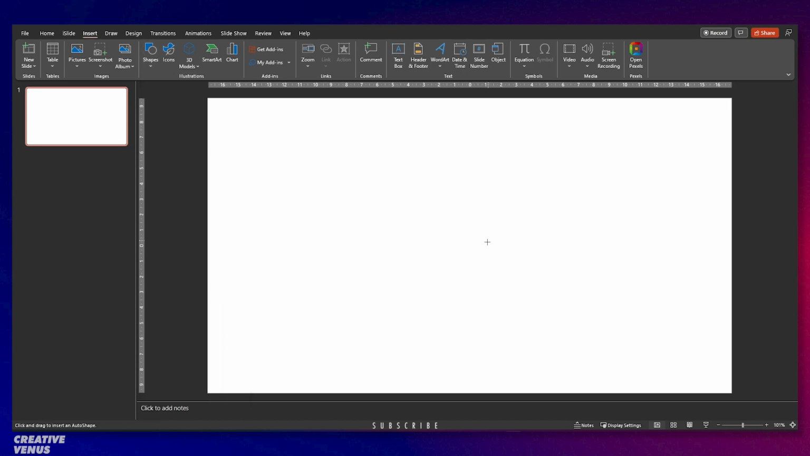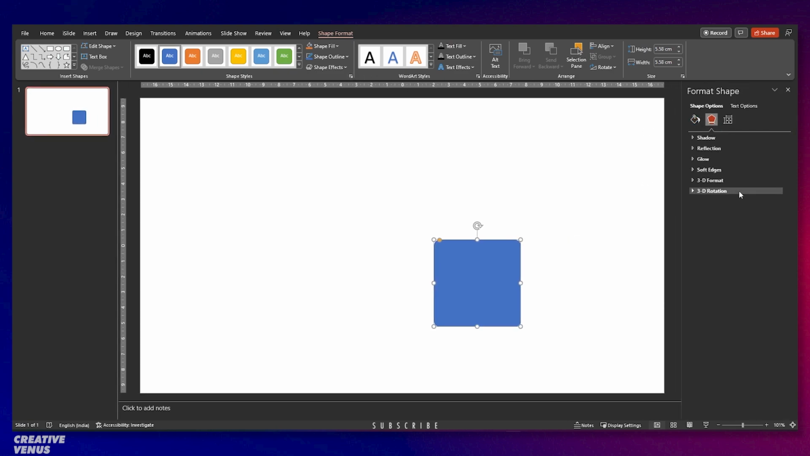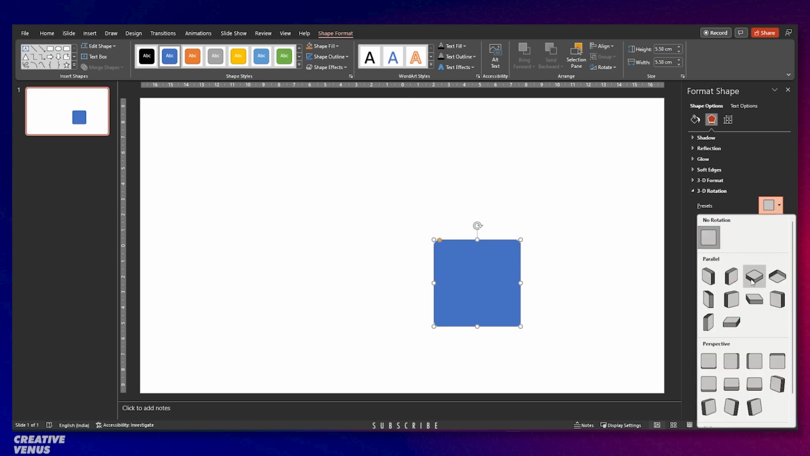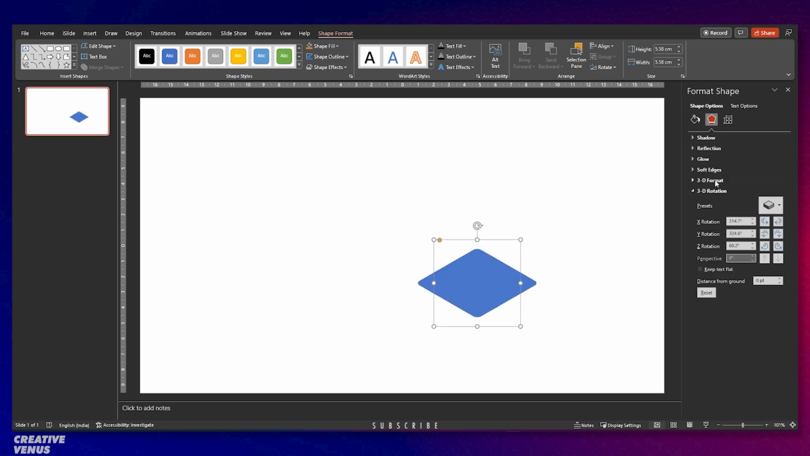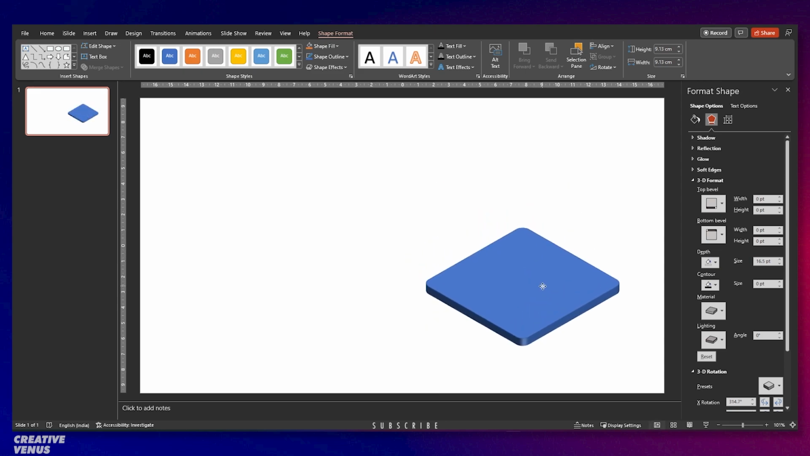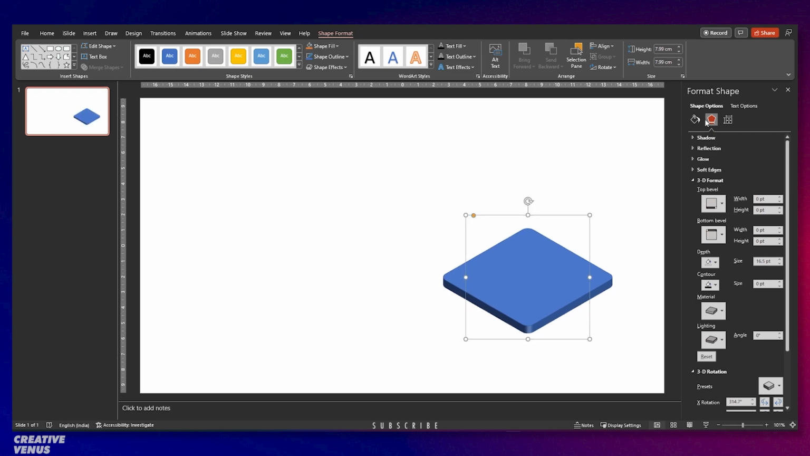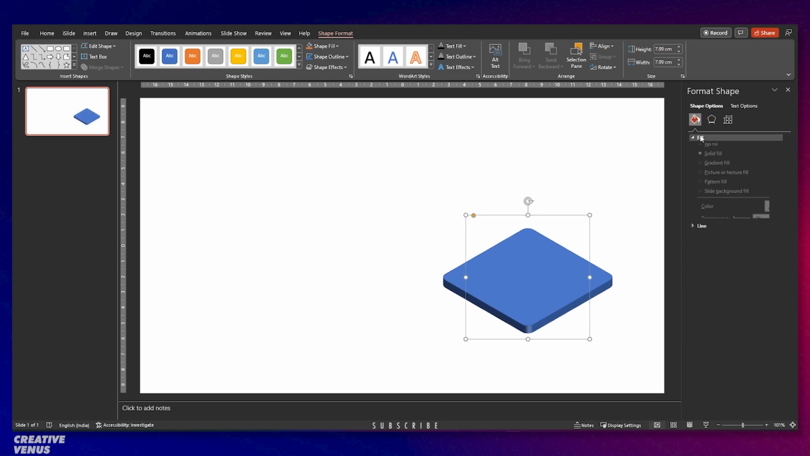So this is a very unique infographic, and here we will start with this rounded rectangle and go to shape effects and change its orientation to make it isometric. Then add depth, and this looks like a 3D element. Now let's place it here. Now remove the outline it has,